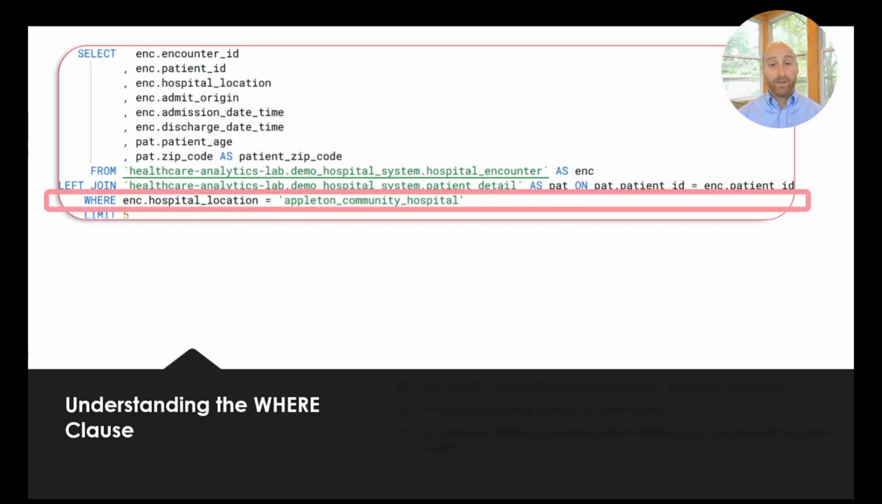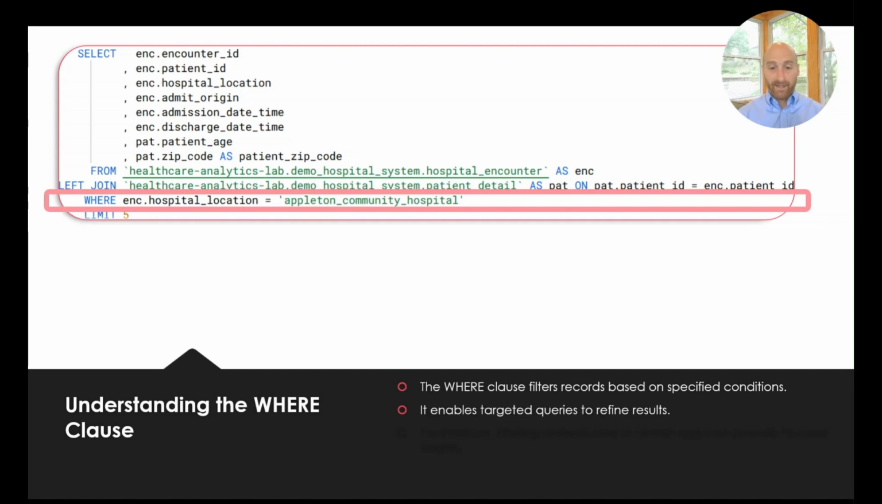Next is that where clause where we're going to filter down the results. I only want to see things from this data where the hospital location was the Appleton Community Hospital. So that where clause filters records based on a condition that we set, greater than, less than, equal to, those sorts of things. It enables more targeted queries to refine your results only to what you're trying to ask the data. For instance, filtering patients over a certain age group would provide a little more focused insight based on the